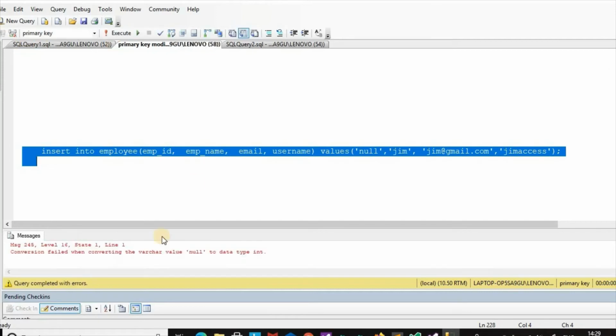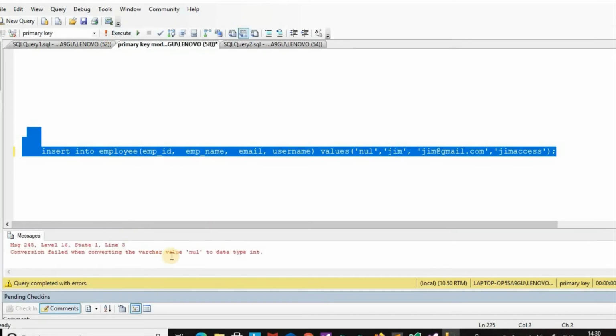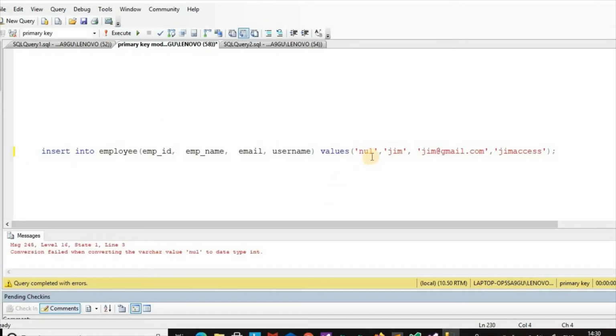In that case, this null is considered as varchar, so it is not converted into null. So the conversion fails when converting the varchar value 'null' to data type int. If we give it like this also, it is a varchar value and cannot be converted into int.